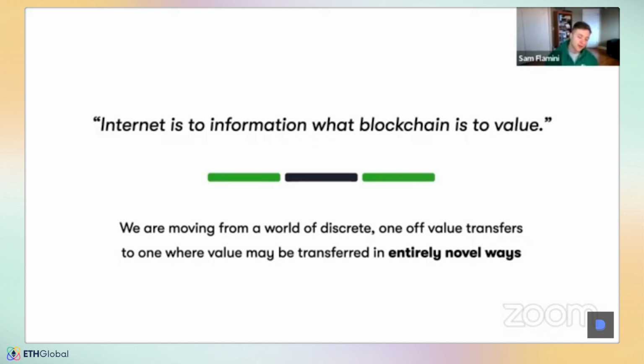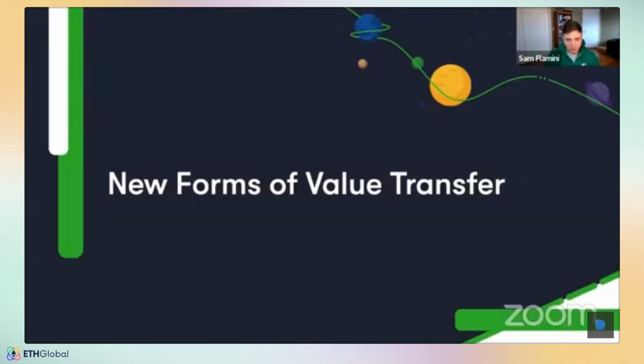And the first way that value has been able to be transferred in DeFi and crypto has been through tokens and even discrete transfers of native assets, right? Like if I transfer ETH, I specify the exact amount of ETH right now that I want to transfer, and that's it. With Superfluid, we open this up, right? We expand this to many more different kinds of value transfer. So what are these different kinds of value transfer, right? So I'll walk through what these are, and then I'll get into what the super tokens are, how all this is working, and so on.